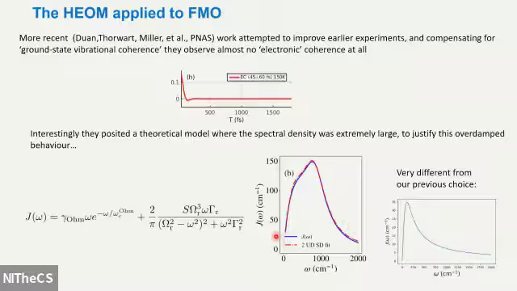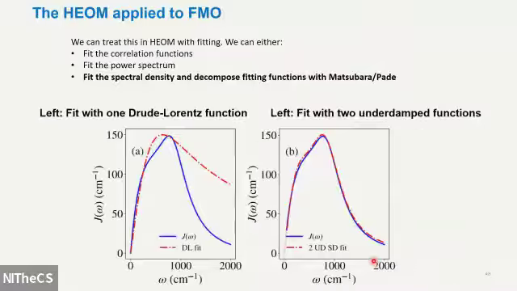Of course, what happens is you take this very large, very broad spectral density and plug it into the simulation and see what happens. So we do exactly that. Here I do two different simulations. One is I just roughly approximate this with a Drude-Lorentz spectral density. And the other is a more nuanced fit where I use a couple